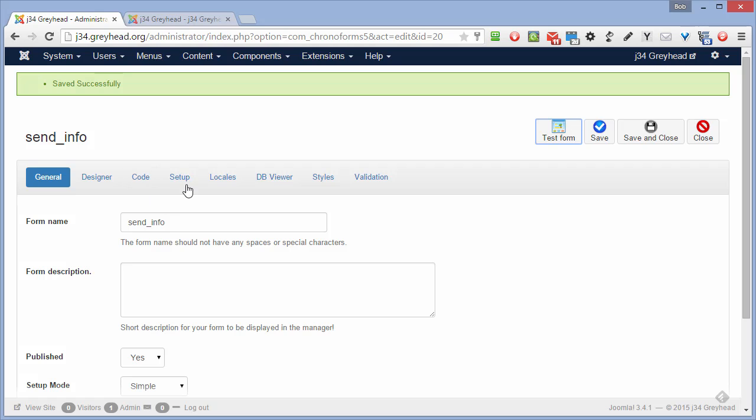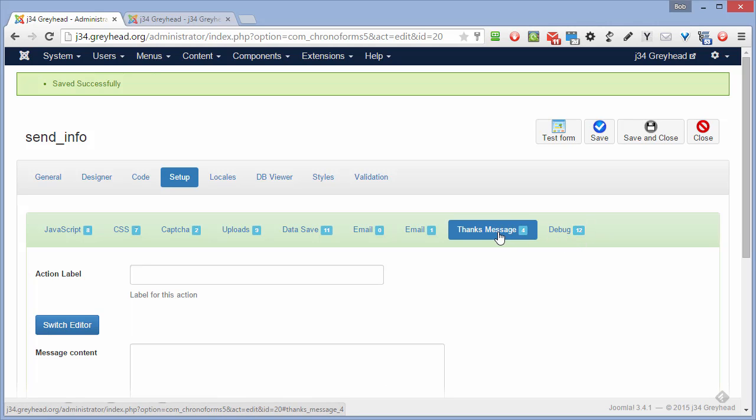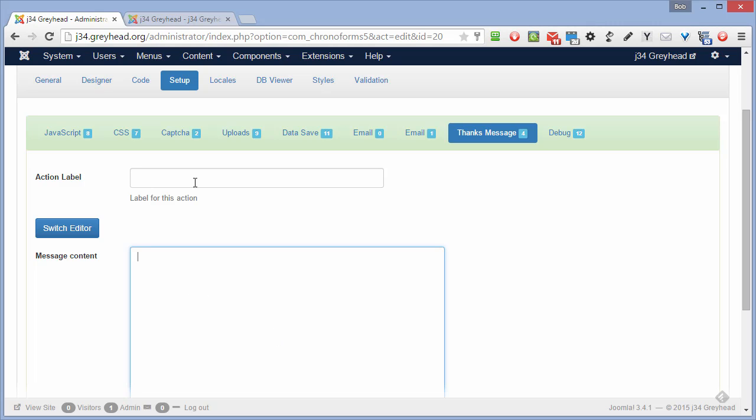So we'll go into the back here, we'll go to the Setup tab, and here we've got another row of tabs. We want to set two of them. We're going to send a thank you message. There's an action label, which is just for our help in the back end in knowing what this action is. We're going to send